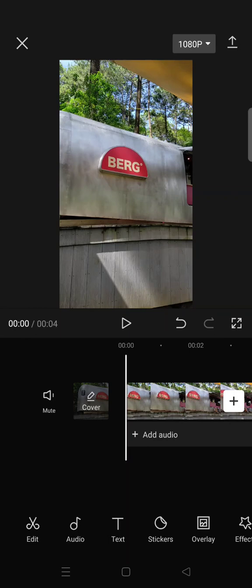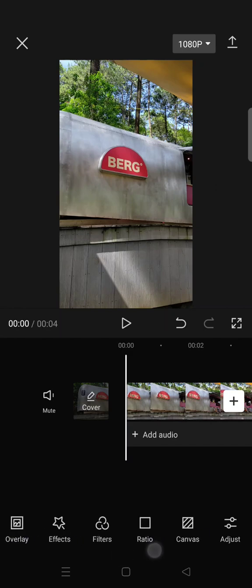So on today's video, I'm gonna show you how you can increase a video quality in CapCut and how you can get a better video quality when exporting. So first, you need to prepare your edits or finish your edit first, and then you can just go to